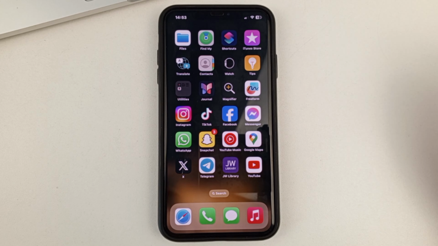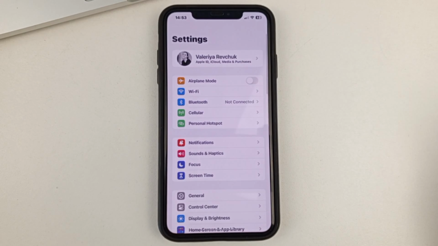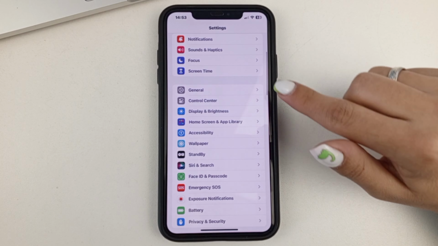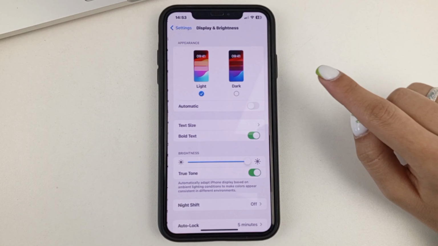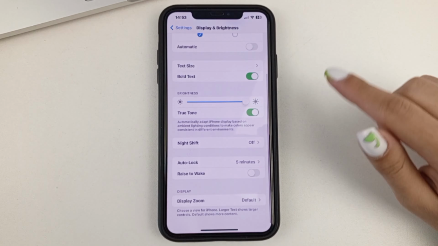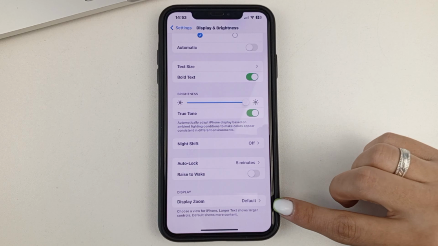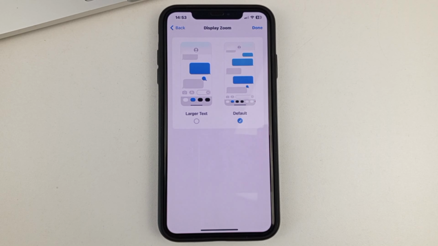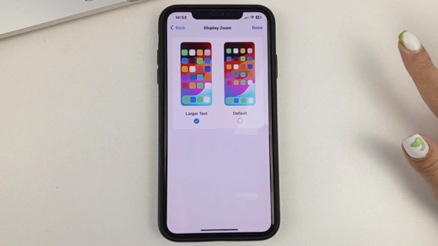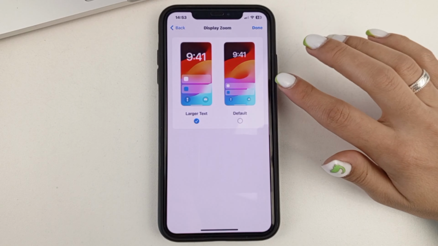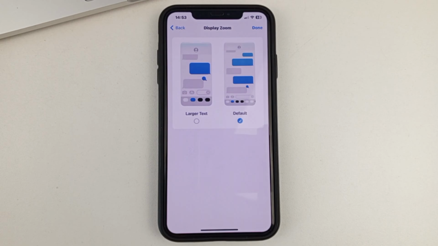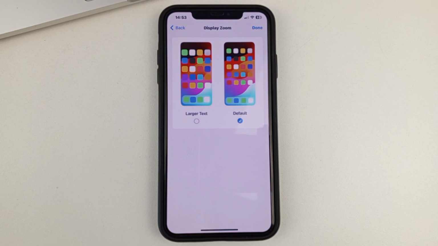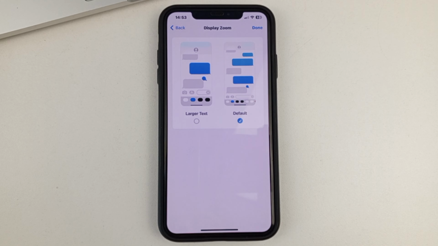If that doesn't help, then go to your phone settings. Swipe down, find display and brightness. Also swipe down, select zoom display. And this is where you will need to change. If you have small text, change to large text. If you have large text and large labels, then change it to small. What is this done for? It helps your phone to reboot and refresh a bit. This way, the auto rotate feature can be activated.